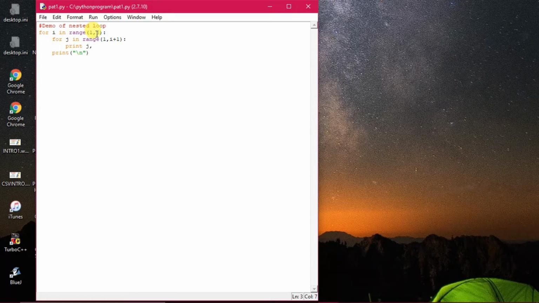That means it will run for 5 times, 1 2 3 4 5, and for every rotation the inner one will complete its number of rotations. So if the value of I is 1, first case, then what will happen? I 1 plus 1 means 2. That means 1 to 2. Range is given, then 2. That means it will be executed only for one time, because you have seen earlier that the range function starts with the initial value, then it stops one less. That means if it is given 1 2, the loop will be executing, all right, sorry, one time.